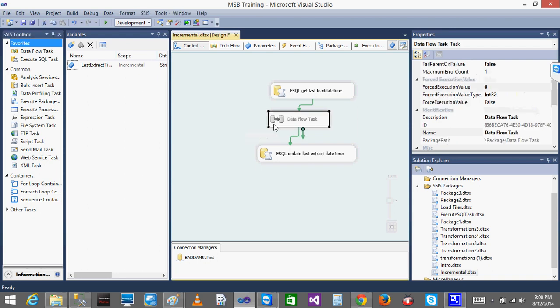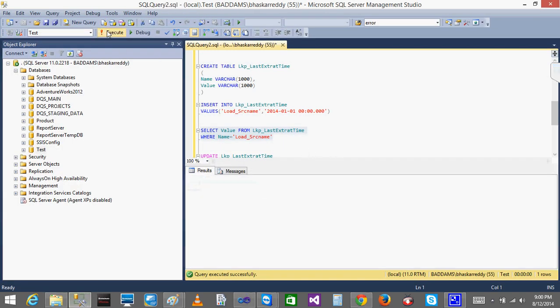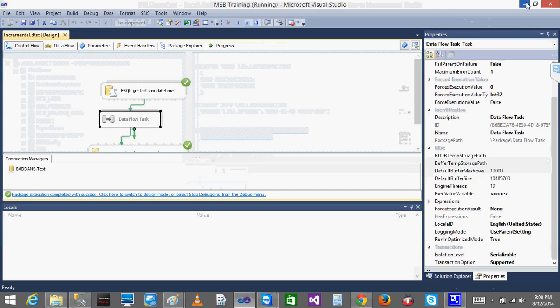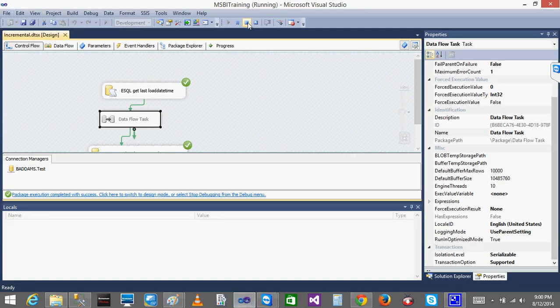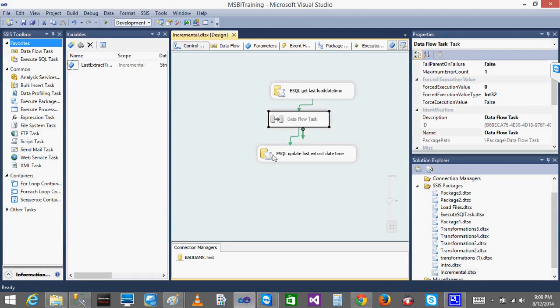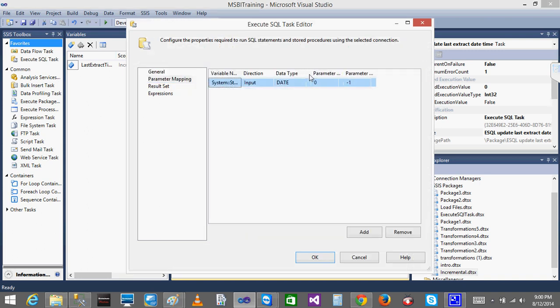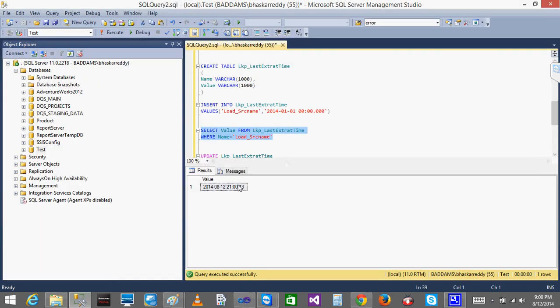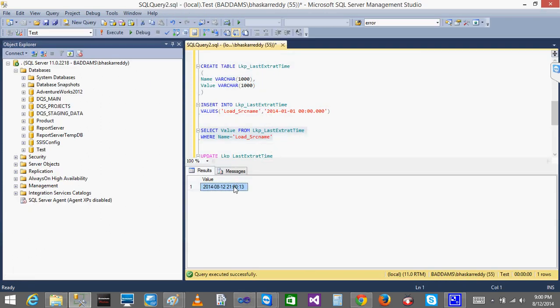So I am just disabling the data flow task and executing this. Let's see the time. Now data will not be loaded. Let's execute this one now. Okay. I expected that in SQL Server when we insert into varchar it will accept, but here it is not accepting. So now in the parameter mapping, I have given the date. So whatever time the package executed, that date will be stored here, including the time. Okay, now we are done. Just click OK. I'm just enabling it now. Done. So the last extract date time is stored at this one.